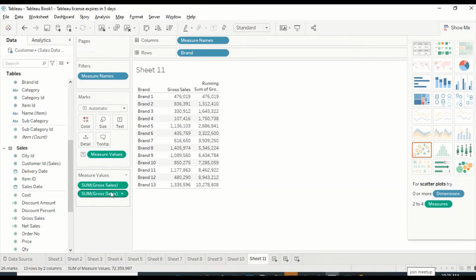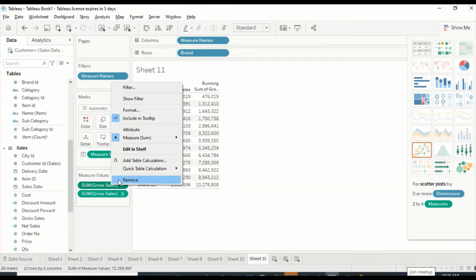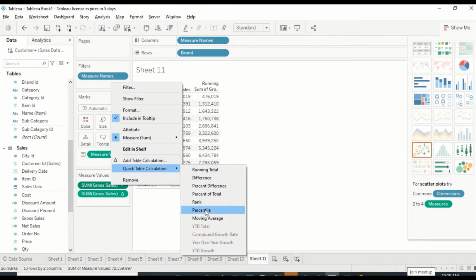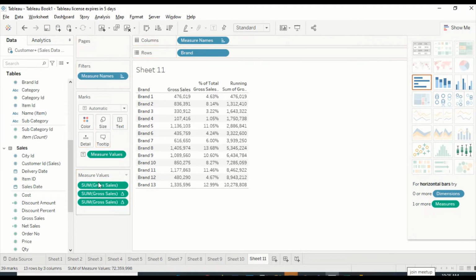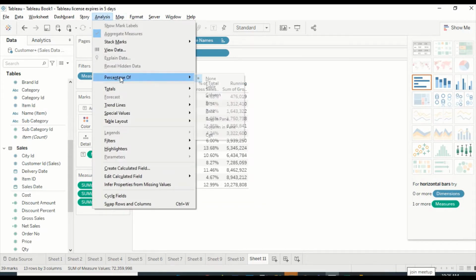Now what I'm going to do is make this running total. I'm going to right click on this, go to quick table calculation, and say percentage of total. Okay, so now this is percentage of total, and let me go back and edit again. So you can see this is gross total. This is 100% basically. And to show whether it is 100% or not, we can go to analysis and in the totals, we can add